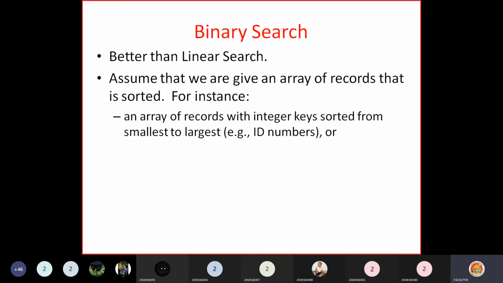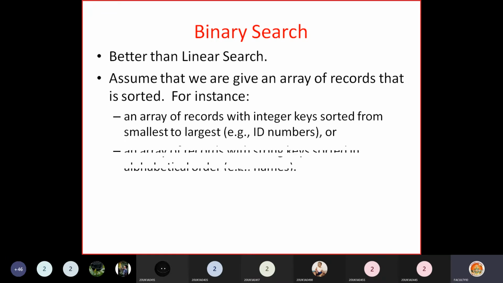Or you may have an array of records with string keys, that means some names, and these strings also must be sorted in alphabetical order. In any case, we can identify a particular record for a given key. Here the array may contain numbers or names, and we can apply binary search in either of these two cases.